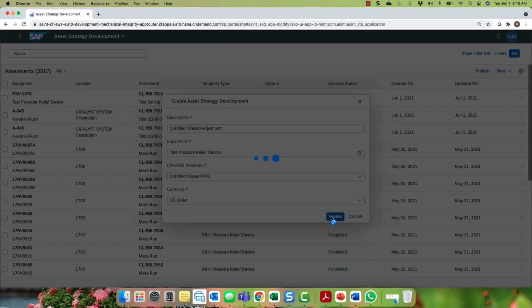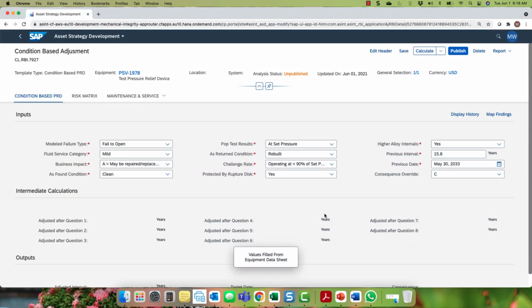of the last inspection of our device. You'll notice that all of the data is being pulled from master data to populate all fields. This data will be used as a baseline or starting point for this assessment. Now we're able to adjust the responses to these questions based on the findings from our most recent inspection and